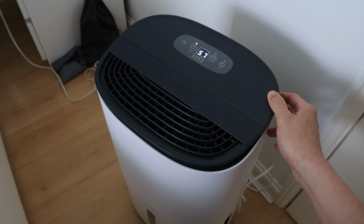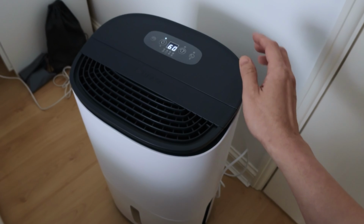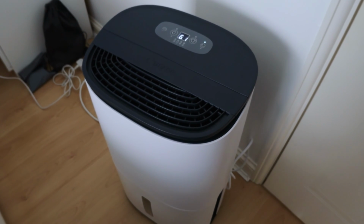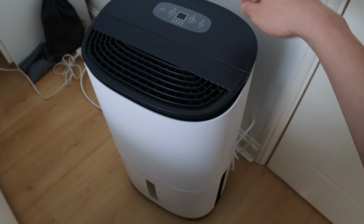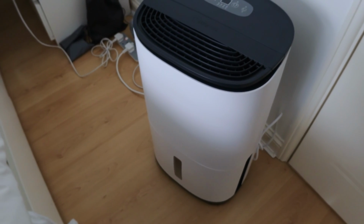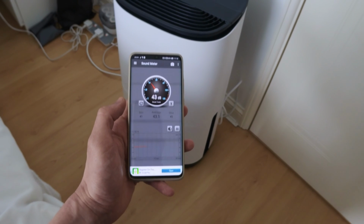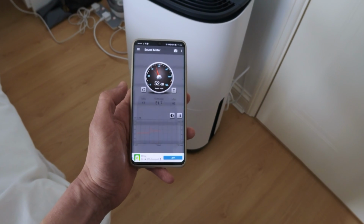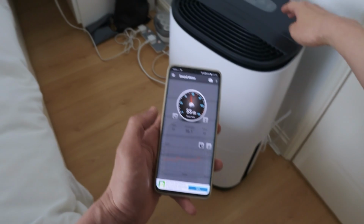So right now, let's see. So I'm going to turn on the night mode and see how loud this is. And when I press night mode, as you can see, this display turns off, which is pretty good. Let's try the sound meter again. So it is now 52, as you can see. So if to exit night mode,